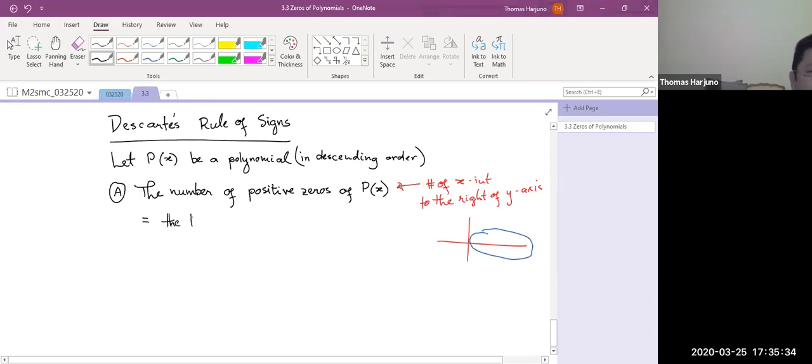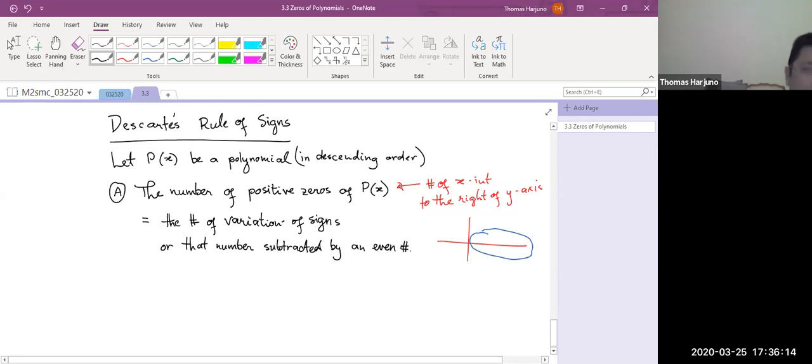the number of variations of signs, or that number subtracted by an even number, a multiple of 2; a number subtracted by an even number. Let's say, for example,